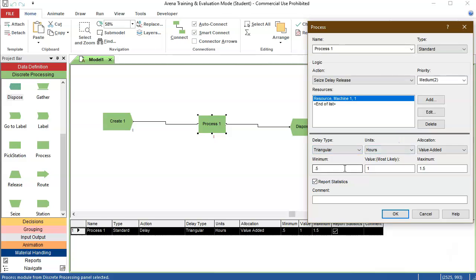And the minimum value possible for this triangular distribution is half an hour, the most likely 1 hour, and the maximum 1.5 hours. So we could have other distributions, say for instance normal, and it will adjust to the parameters that are needed for the normal distribution, which are the mean and the standard deviation, and you would have the windows to enter the parameters. Let's get it back to triangular, and let's do just that,